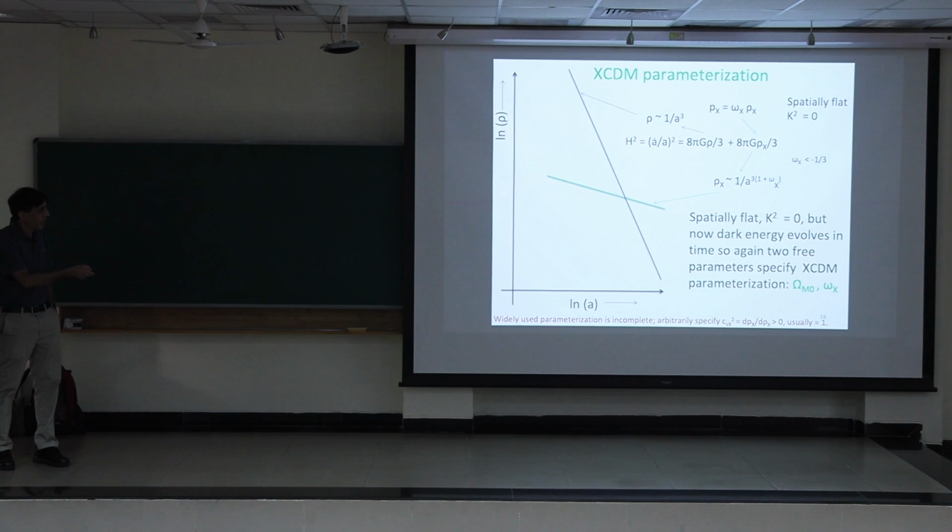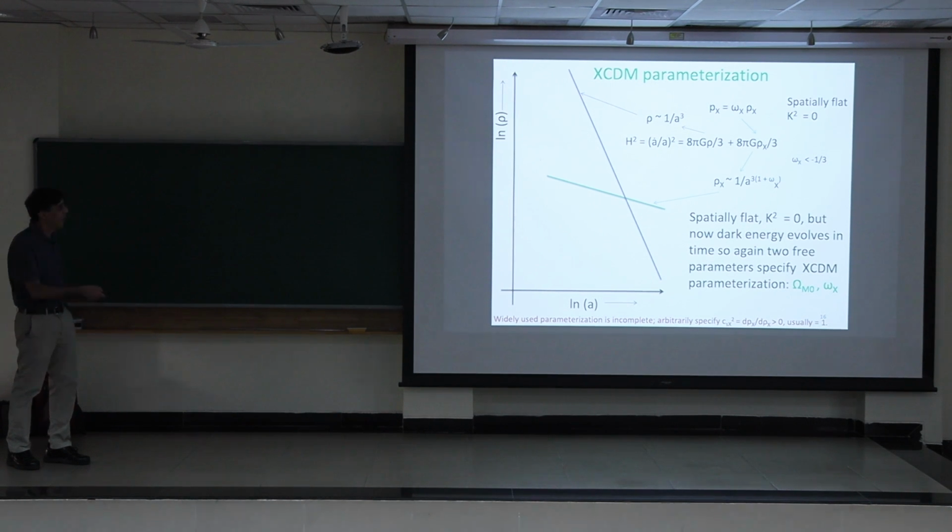So if you just take a sloping straight line here, that's called the ΛCDM or the wCDM parameterization. And I'm going to drop curvature for now, and we'll put that back in later, just to make this a little bit simpler. So you have ordinary matter and baryonic matter, that's the 1 over a cubed, the blue line. And then you have a new fluid with this equation of state, where w sub x is chosen to be less than minus 1/3. And that gives you the slope you need to get accelerated expansion here and decelerated expansion there.